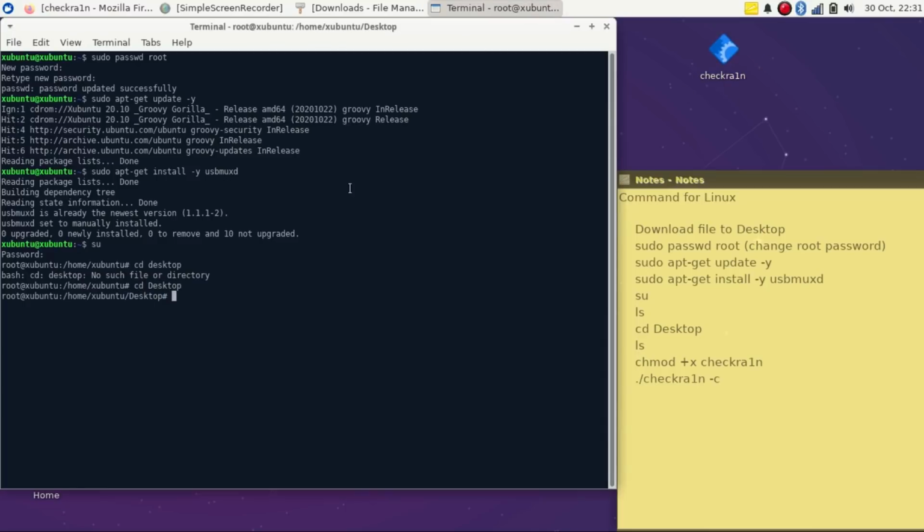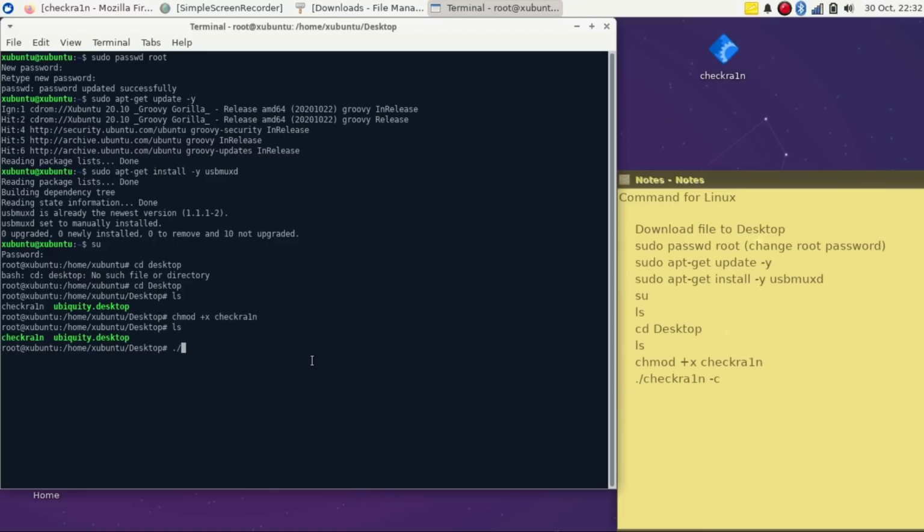Now we need to access this file. For that type the list command ls, hit enter, and you will see the checkra1n. Now this checkra1n file is on read permission. We need to give full permission to this file. For that just type chmod space +x space and the file name, that is checkra1n, and hit enter. It will give the permission to access this file. It's a common command of all Linux. If you have used Linux in the past, you know all these commands. Now as you can see, the color is changed into green. Before that it was a different color. So now the permission is done.